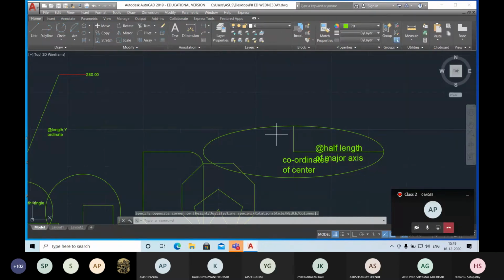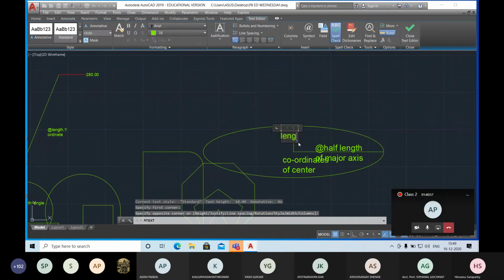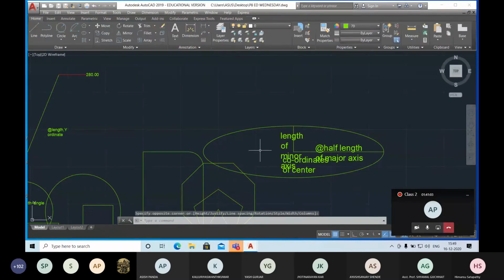And then you need to mention only the length of the minor axis. There is no need to write anything else, only the length of the minor axis. So you can adjust the text this way. Okay, so this is your method to write the axis center method.